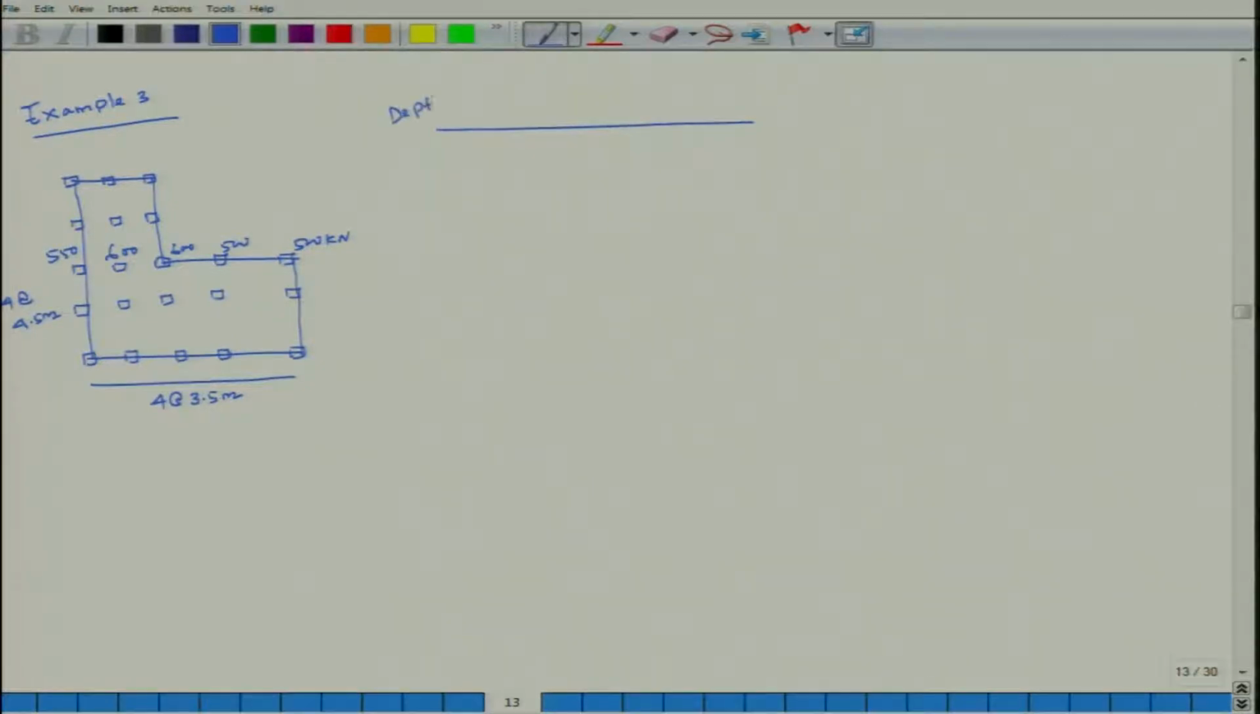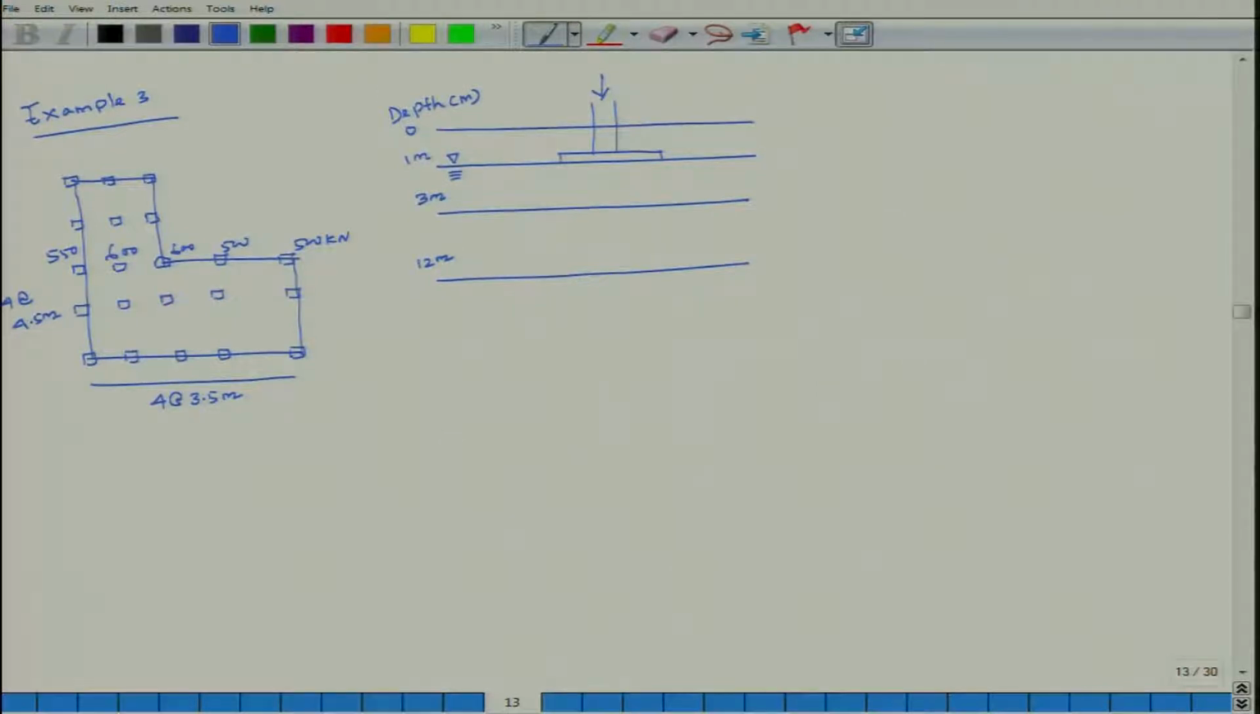This is your depth in meters, this is 0, this is your 1 meter, and this is supposed to be a footing. I do not specify what kind of foundation it is supposed to be. Then here it is 3 meters, here it is 12 meters,